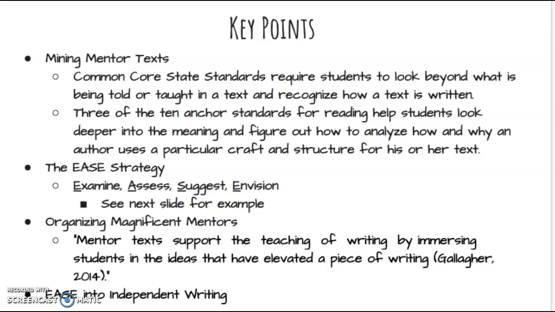The next standard is Standard 5, which is analyze the structure of texts, including how specific sentences, paragraphs, and larger portions of the text relate to each other and the whole. And finally, Standard 6, which is assess how point of view or purpose shapes the content and style of a text. So these standards ask readers to decipher how specific word choices and writing style shape an author's purpose, tone,